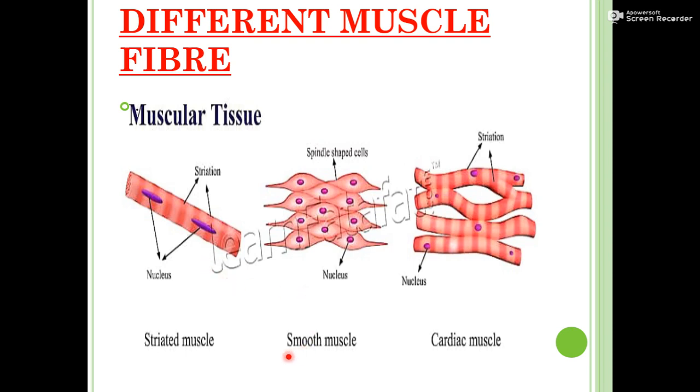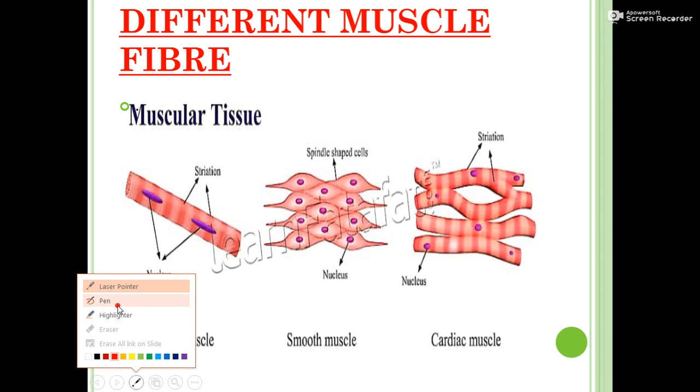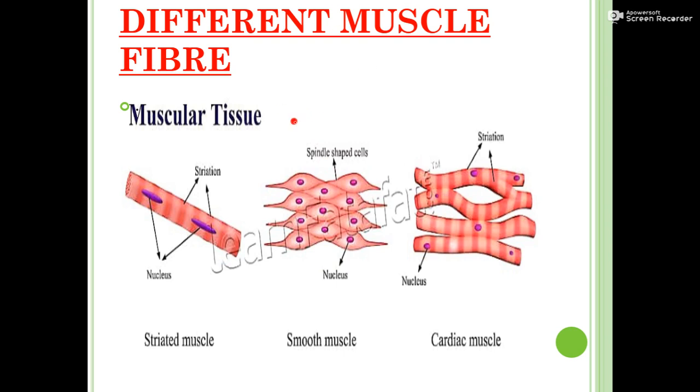Now the second one is smooth muscles. These smooth muscles are smooth only because of one reason: they do not contain light and dark bands, and that's why their surface appears very smooth under the microscope. So that's why these are smooth muscle fibers. It is a group of many muscle fibers, one muscle, two muscle, three muscle, 4, 5, 6, like that. When we look at the shape of only one muscle, I want to show you the shape of only one muscle. The shape is like that.